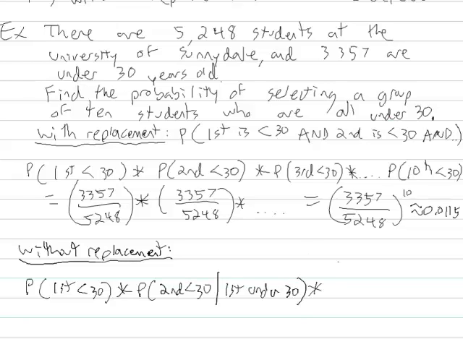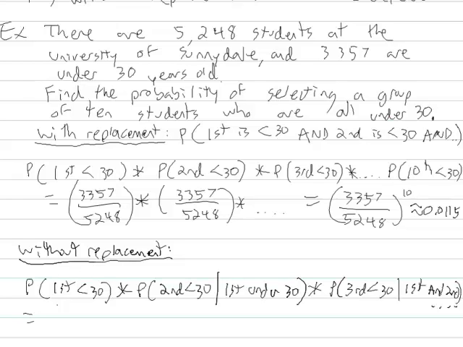And then I have to multiply it by the probability that the third is under 30, given or assuming that the first and the second were. Well, that's just tedious. That's ridiculous to write it all out, because by the time we get to the 10th one, we're going to say the probability the 10th one's under 30, given that all previous 9 ones are. So it's cumbersome to write it, but then to calculate it,